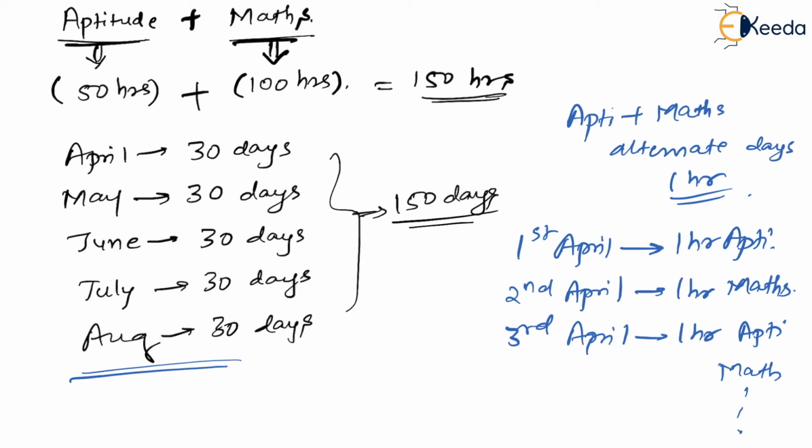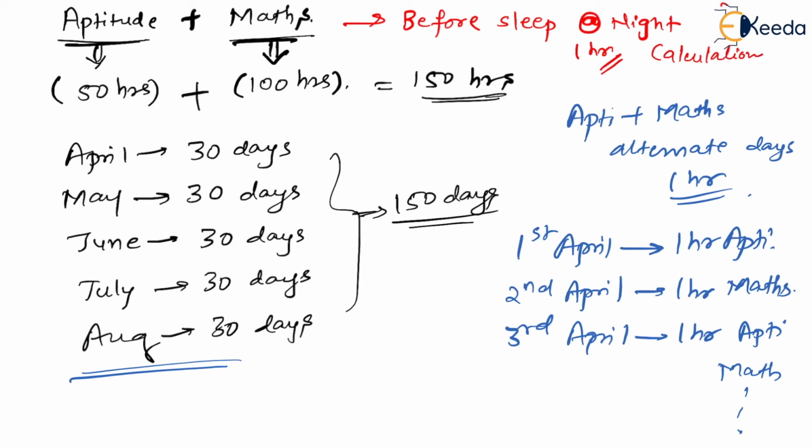So by the end of August itself, along with those subjects, you are supposed to prepare this also. Now you may say, but sir, what will be the perfect time? I will suggest you to study aptitude at night. Night in the sense, before sleeping. Before sleep at night, please prepare 1 hour daily. Why? Because at night you will always feel sleepy. When you feel sleepy, you become very, very lazy.